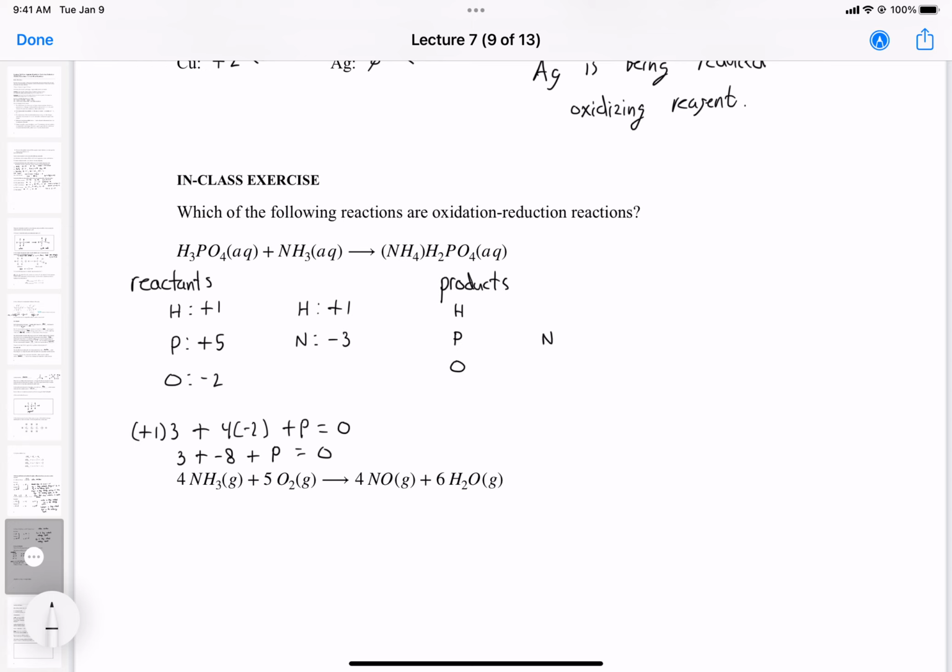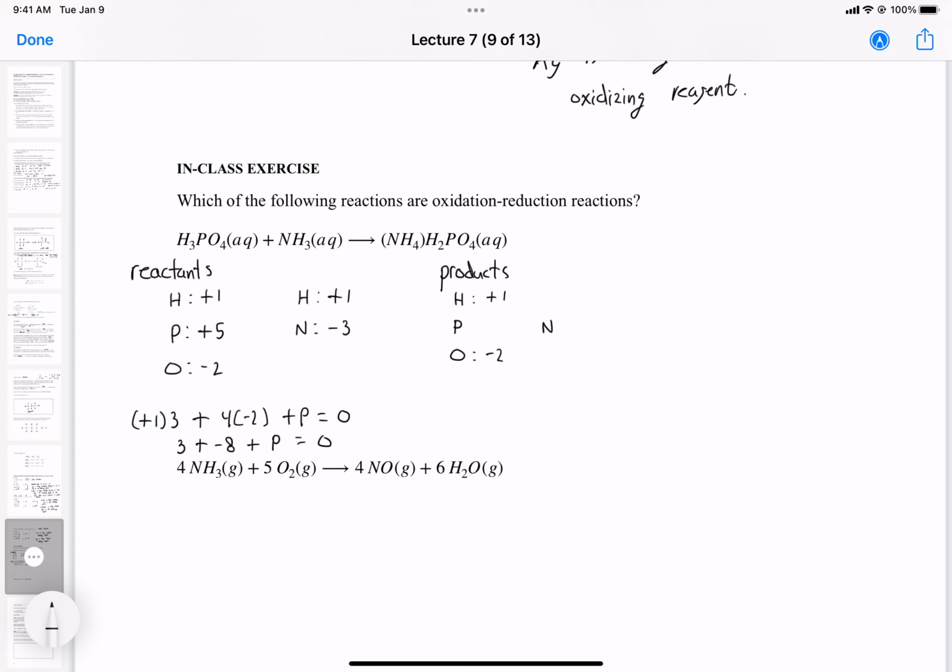Hydrogen will probably still be +1. Oxygen is still probably -2, right? Now phosphorus and nitrogen could still have different oxidation numbers, so we can't rule out an oxidation-reduction reaction just yet. We don't know what phosphorus could be, but